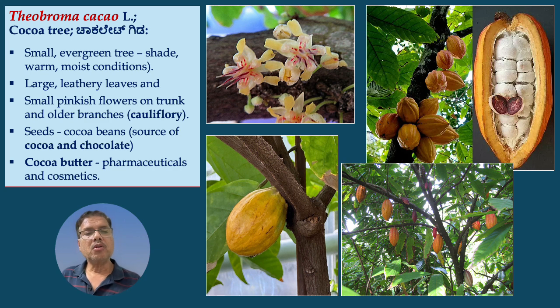Theobroma cacao, commonly called the chocolate tree, is a small evergreen tree. It thrives under shade in warm, moist conditions. The tree bears large leathery leaves and small pinkish flowers that arise directly from the trunk and older branches, a feature called cauliflory. Its seeds are known as cocoa beans, a chief source of cocoa and chocolate, which are used